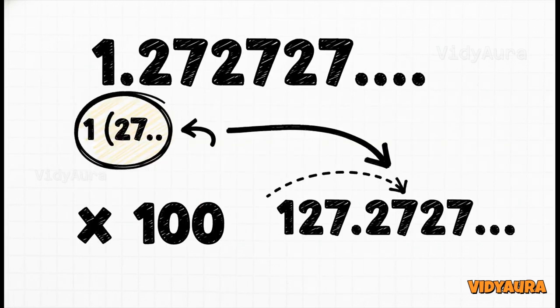1.272727. Okay, step 2. Now, this is a common tricky point, so watch carefully. We need to multiply our x by something to shift the decimal point. But what do we multiply by? Well, we look at our repeating block. It's 27. That's 2 digits, right? So we multiply by 100. If only one digit was repeating, we'd use 10. Make sense? So multiplying by 100 moves that decimal 2 places to the right, and we get 100x equals